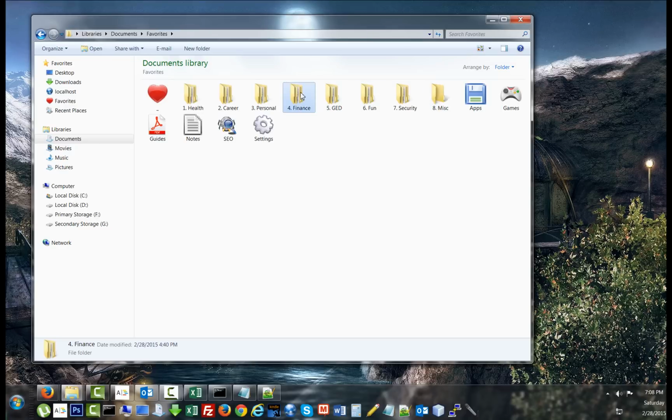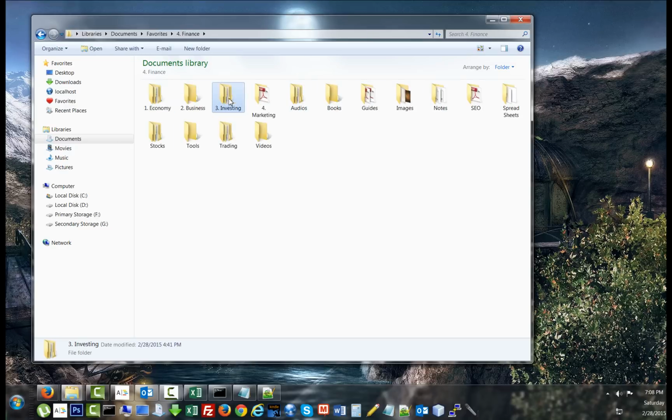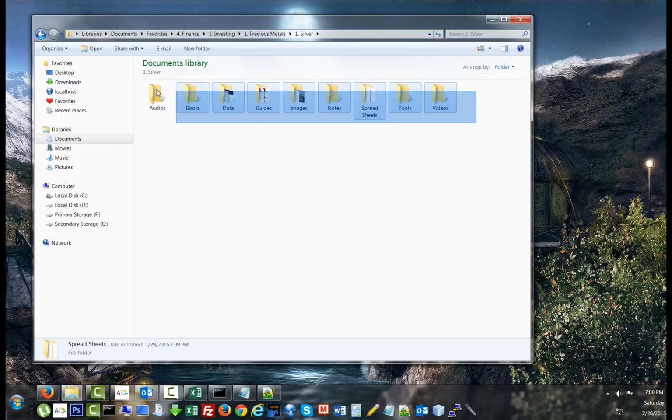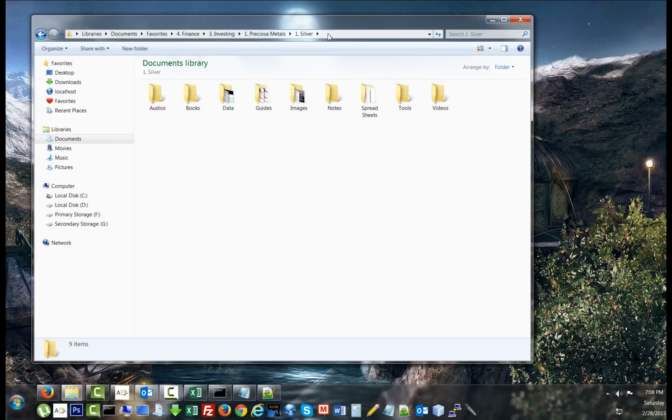So one of the main categories is finance. Then I have these main subcategories, and for example, let's go to investing, and then I have more subcategories under that. You can have as many subcategories as you wish. And I'm gonna open up precious metals. Again, I have subcategories, silver, and then at the bottom of this subcategory, if you look at the top here, favorites, finance, investing, precious metals, silver, I just have my folders that we've talked about earlier,